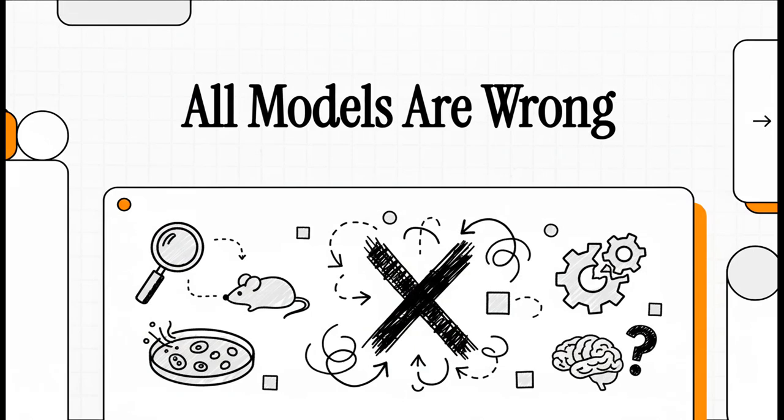All right, let's just jump right in with a statement that probably sounds like, I don't know, total scientific heresy, especially if you're in biomedical research. Ready? Here it is. All of the models we use to study disease, from cells in a dish to mice in a lab, they're all wrong.